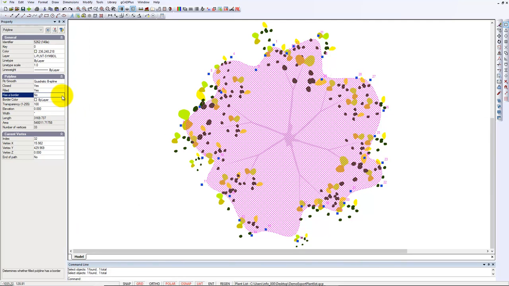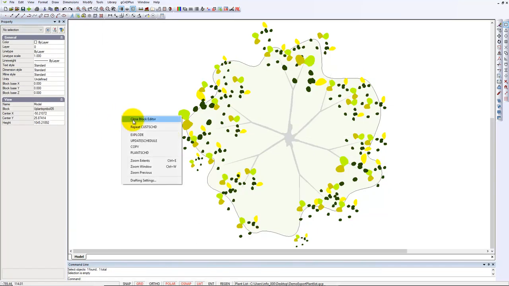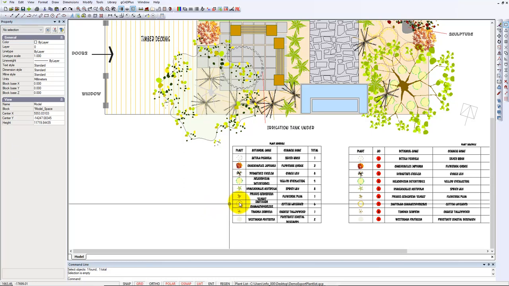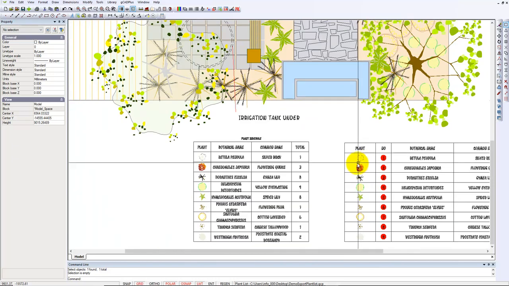You might want to say, well, we need to put a border in there, and we need a border colour. I'll say 251, and then we'll close. Can you see? You can edit things on the fly,